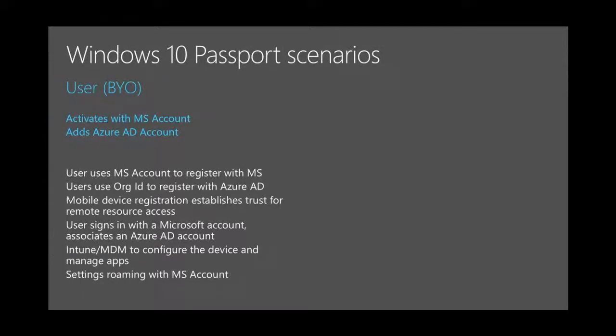So in a bring your own device scenario, the user will actually mostly have an MSA on the device or a Live ID. Will then get an Azure Active Directory by registering his device to Azure Active Directory as such. As a result, the device is now registered in Active Directory and it's a trusted device, and the user can now start to be enrolled in a mobile device management system, get additional policies, get additional applications, get additional configuration sets for VPN, etc., right?